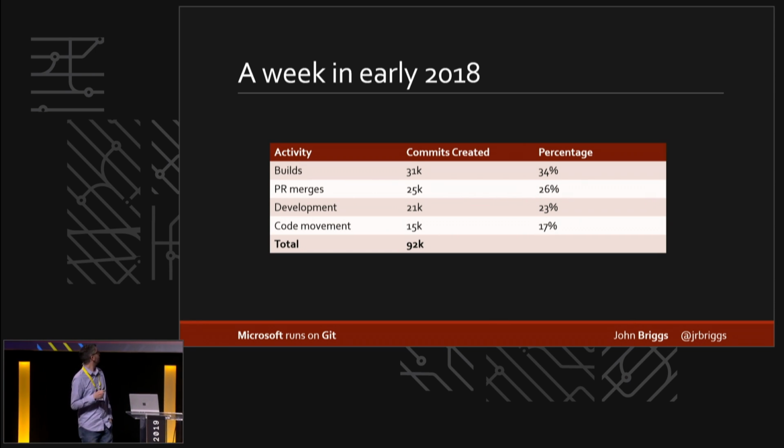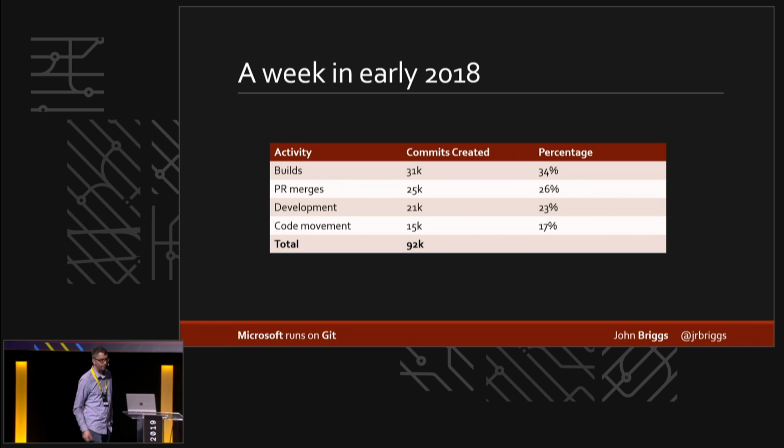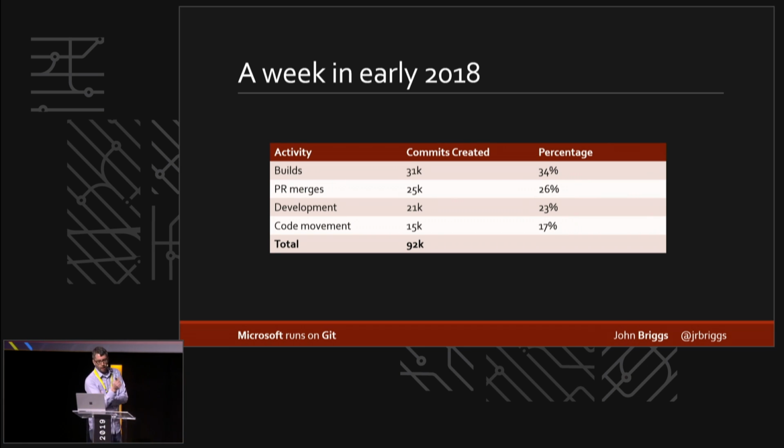This week, there were 92,000 commits created in the repository. And this is not a special week. This is one picked literally at random. Of those commits,